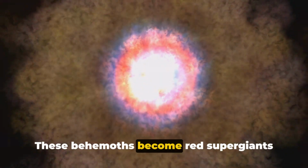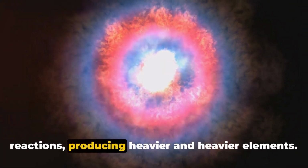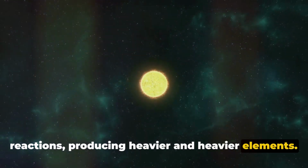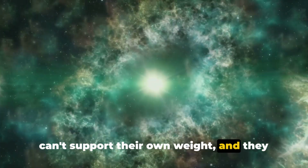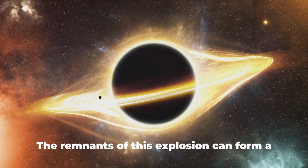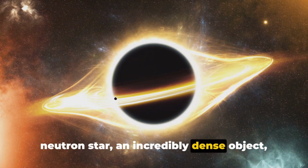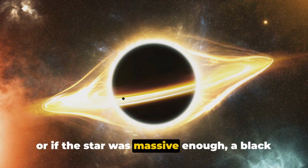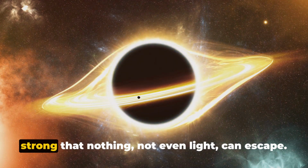These behemoths become red supergiants and go through a series of nuclear reactions, producing heavier and heavier elements. When they have exhausted their fuel, they can't support their own weight and they collapse under their own gravity, resulting in a supernova explosion. The remnants of this explosion can form a neutron star, an incredibly dense object, or, if the star was massive enough, a black hole, a point in space where gravity is so strong that nothing, not